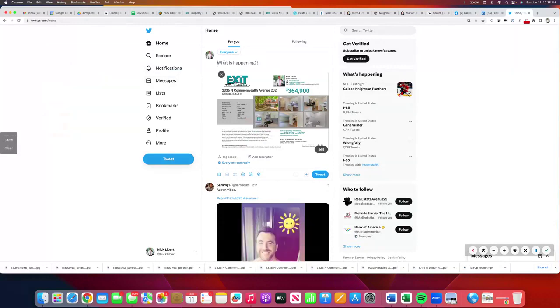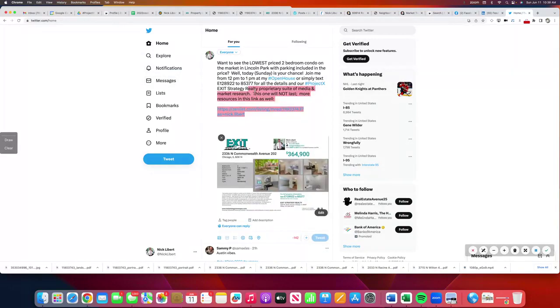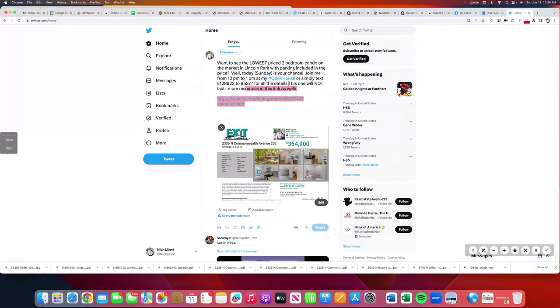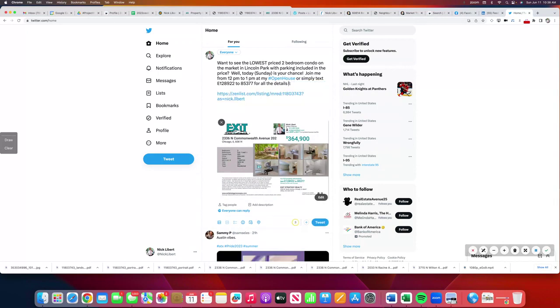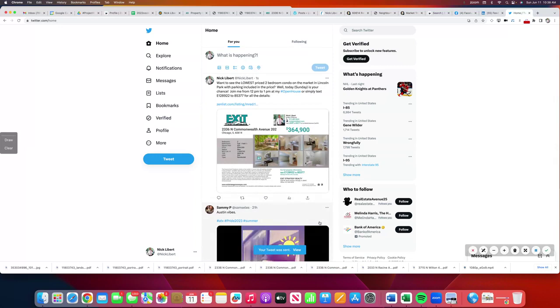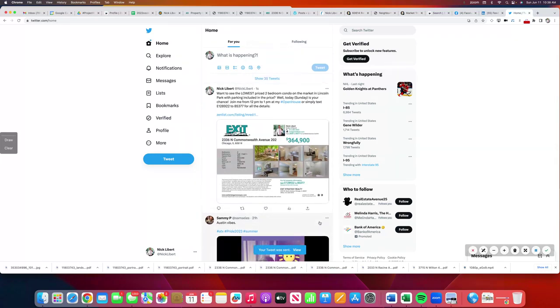All right, there's the photo. There's the supporting info. Of course, too much text. I'm going to take the link out here. Oh, I do have room for it. Good. I'll leave the link then. Tweet. All right, man, we have been all over everywhere in just under an hour, so I'm almost ready for this